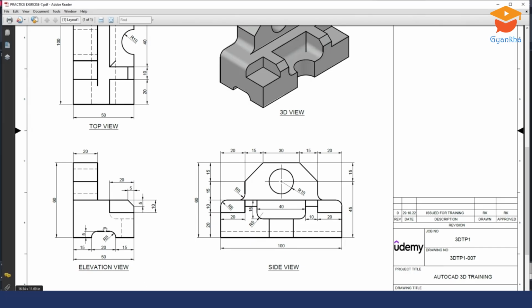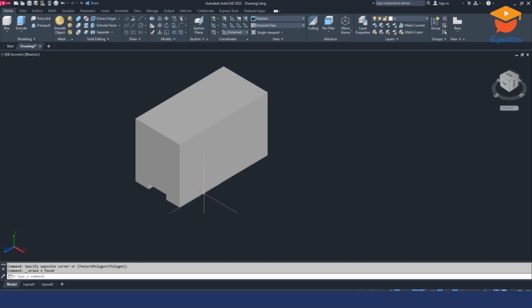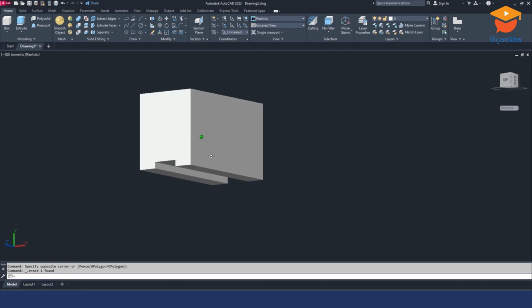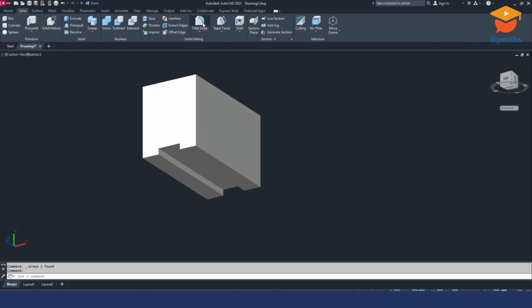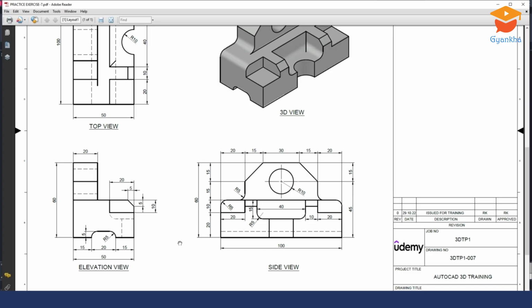Next we need to make it this fillet. Go to here, press shift key and press the mouse center button. You can orbit like this. Then go to the solid tab, select here fillet edge, go to the radius. We need to make it radius 5,